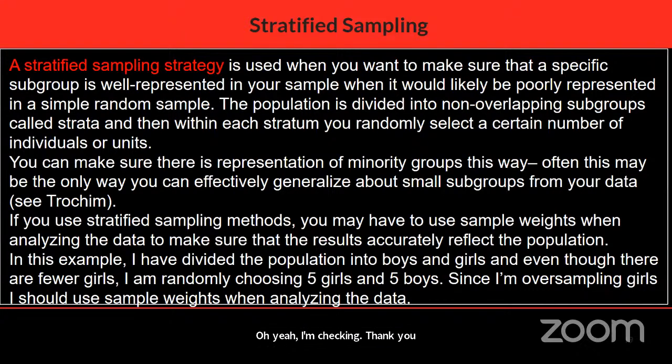Somebody asked for the goal of sampling. The goal is to gather data from a subset of individuals or units to represent a larger population of interest. This allows inference about the population based on the characteristics of the population.